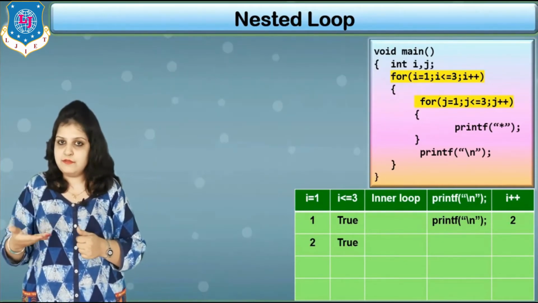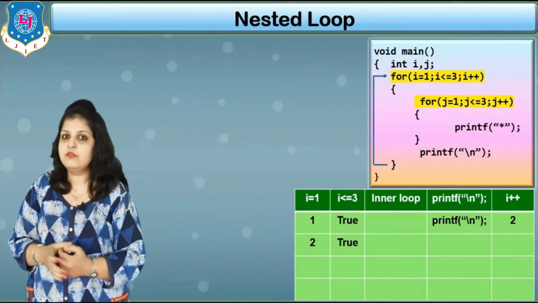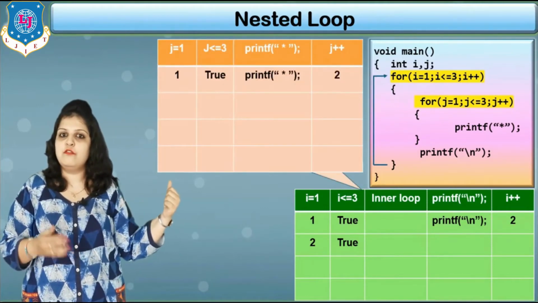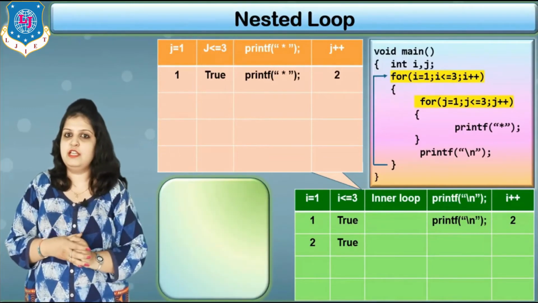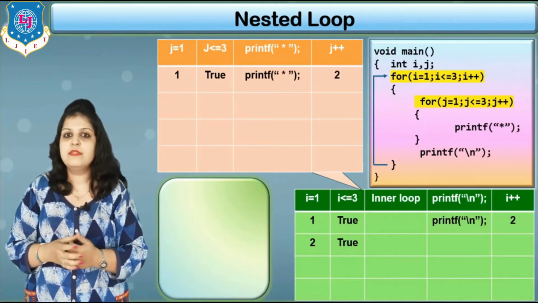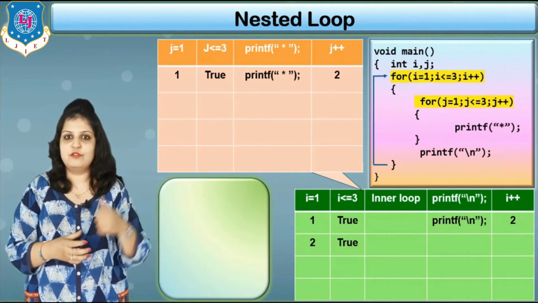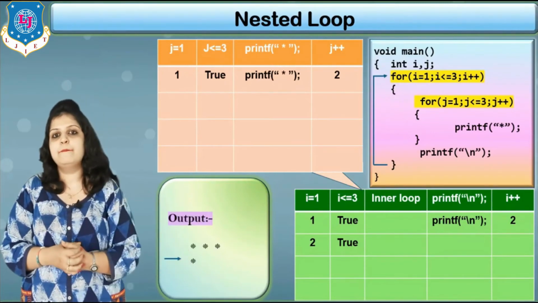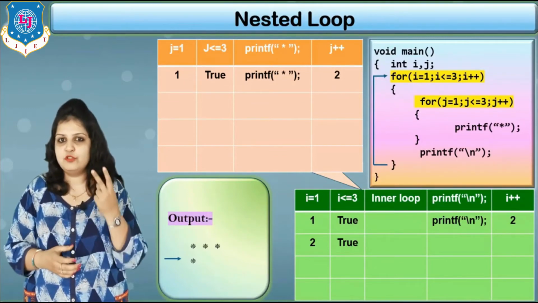Now for I equal to 2, again check the condition that 2 less or equal to 3, condition true, yes. So again come inside the loop, and the loop for the column will be executed again, starting from 1. So here you can see that j is equal to 1, and check the condition, 1 less or equal to 3, condition true, yes. So the printf statement associated with it executes. So a star will be printed, means in the second line the first star will be printed here, and now j will be plus plus. So next j becomes 2.